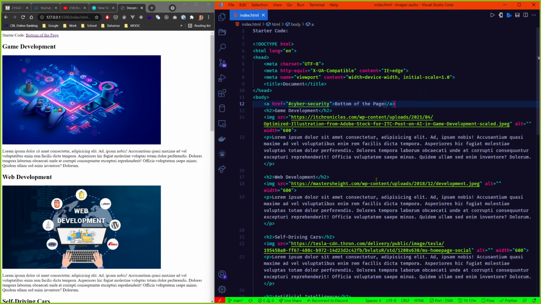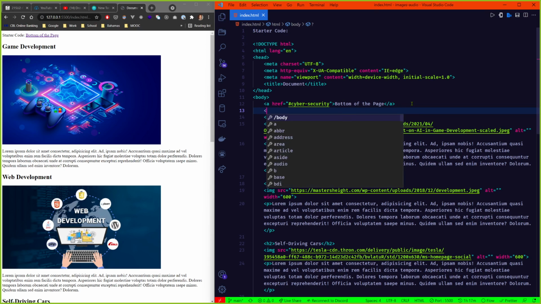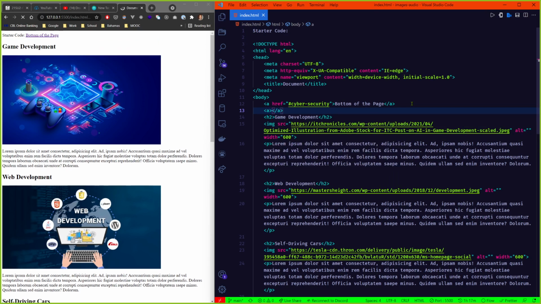Okay, and so again, I want to create a second link at the top of my page. So underneath my first link, I'm going to create an anchor tag, and I'm going to call this "middle of the page." I also want to set an href attribute. Not going to put anything in there just yet. Now, this middle of the page link doesn't work, right, because I don't have anything inside of my href